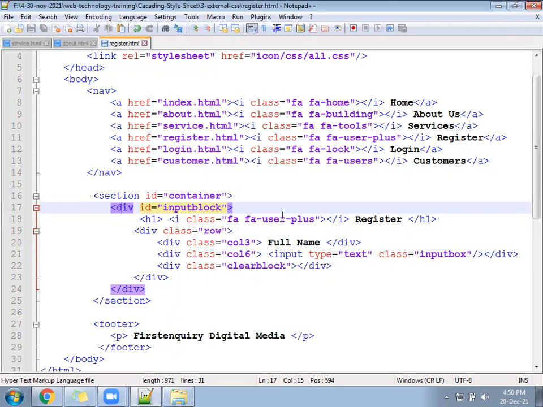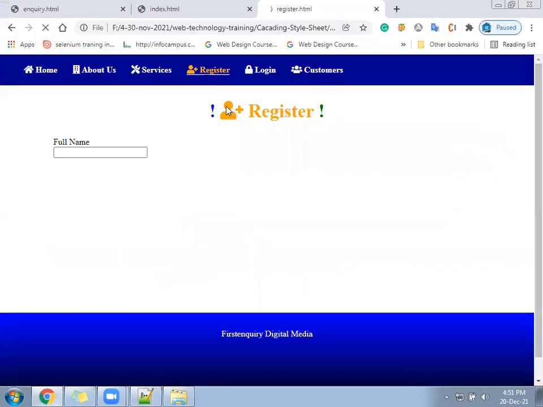Hope done till here. We need to write the CSS for input block and CSS for the row, CSS for the column. All I have written as class so that we can use many times. Call 3, call 6, input box, and then clear block. Many classes we have to write. Then only this page will look organized. Else it will go here there. Without table, we have to write CSS for each line. Then only it will be organized. Full name and text box also we can bring in one line.